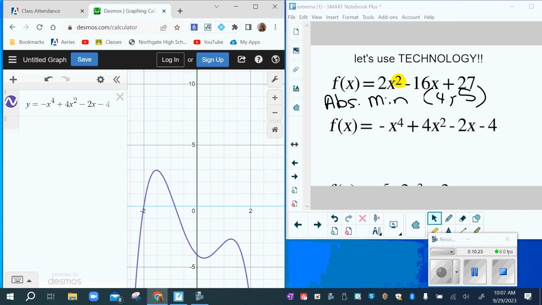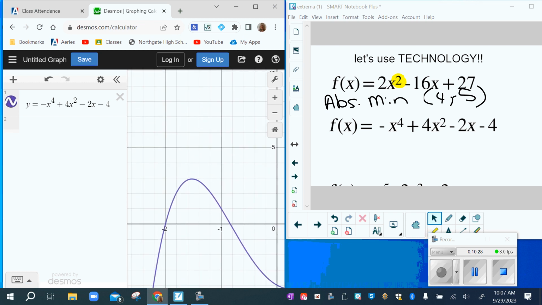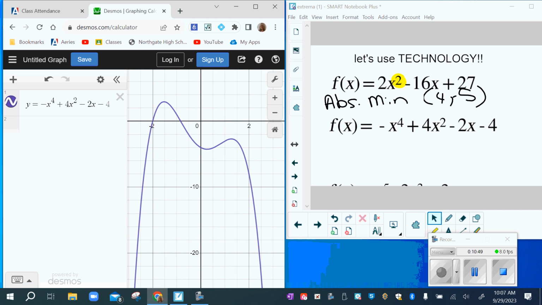So here's what happened when I first did this earlier today. This was what my graph looked like. And I'm like, oh, okay, I just have one thing, I'm done. And someone goes, I don't think you're looking at the whole graph. So that's why it's important to watch: it's to the 4th degree, so there are going to be 3 important points. So if your graph is not showing them all, there they all are. And look, my graph is not showing any of them, so all I have to do is touch the graph, and they magically show up, right?